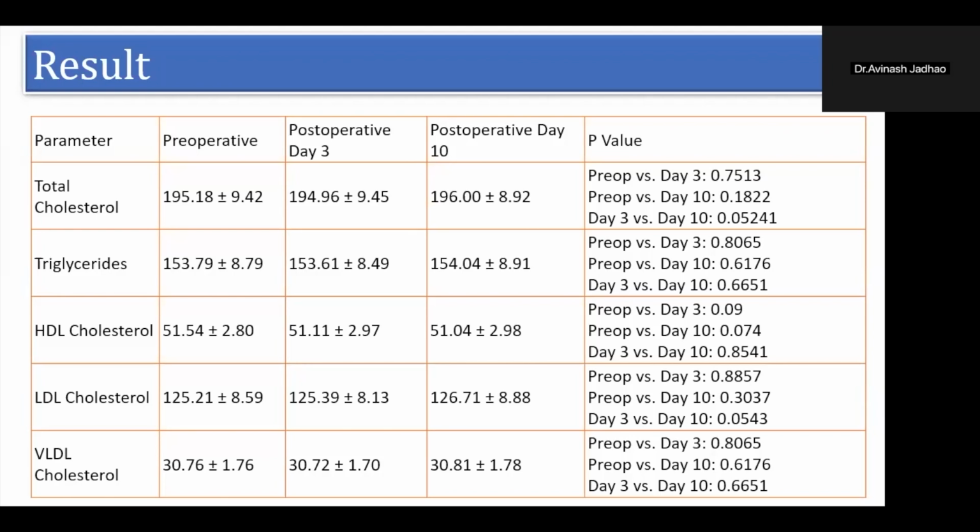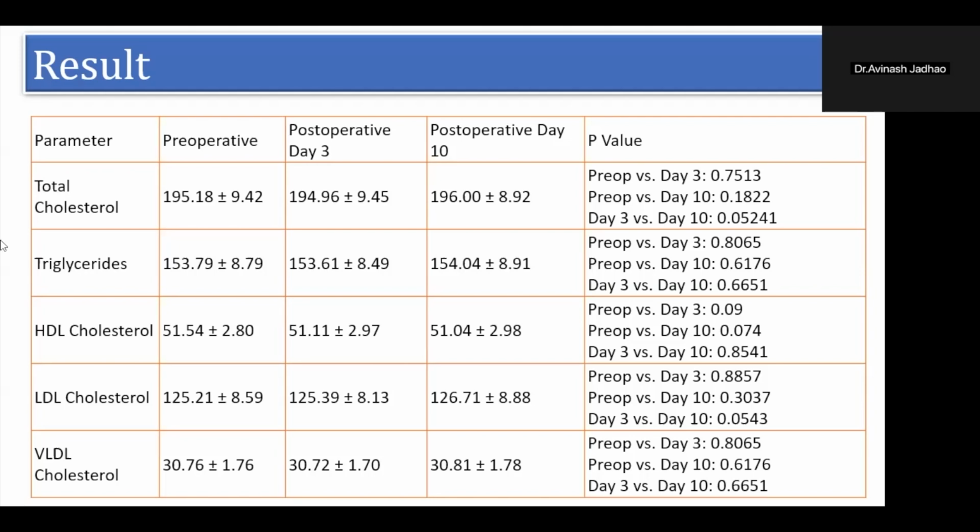Now the result is generated, and the most important and difficult task is how to write the result. Because you have to copy and paste every time, doing the same procedure, and that is hectic and very irritating. So if the result is provided by your statistician, you can write up your result.